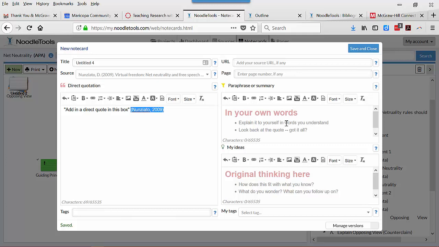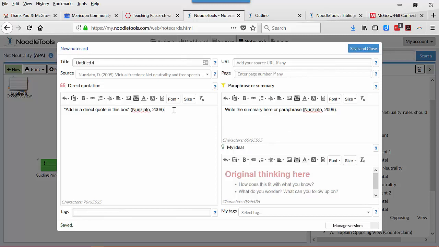Now the next step is to go to the next box over here, which is your paraphrase or summary. And so now I would instruct students to take what they put in this direct quotation box and paraphrase or summarize it. And again, once they write their summary or paraphrase, I want them to use that same in-text citation so that they know it's always there. And so there's no mistake when they add these note cards to their outline and then eventually it makes it to the paper, they will already have this hard part done,